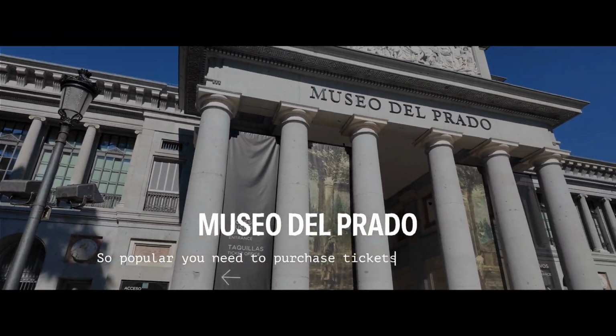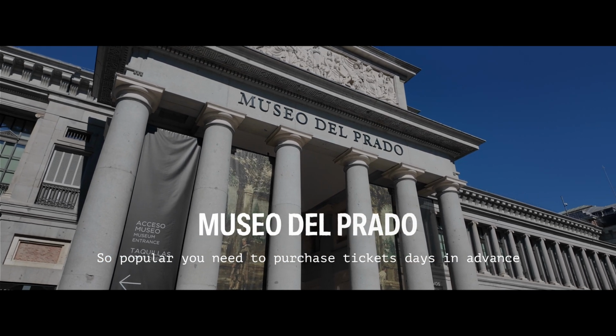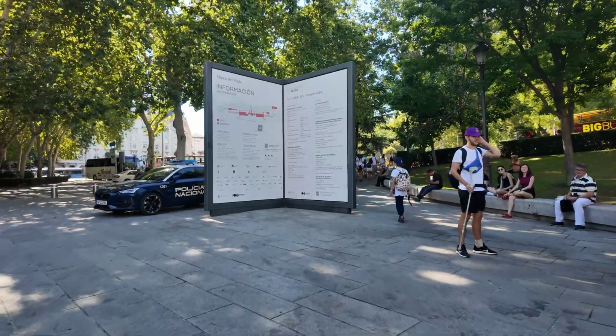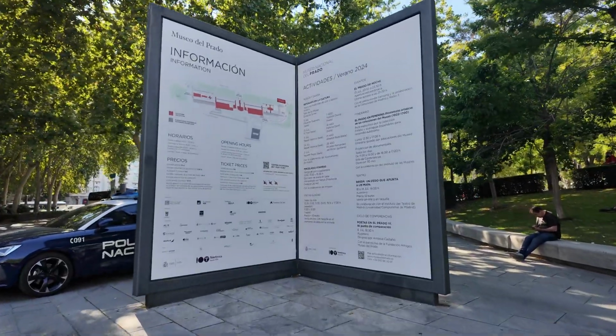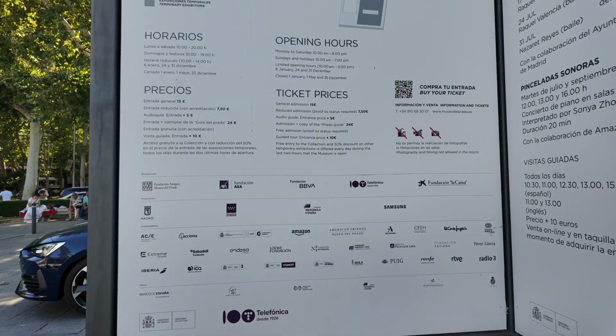So we're in front of the Museo del Prado, which we can't take photography in, we can't take any pictures or video, so we haven't really gone in there. But we're looking at the huge line of people, knowing that it would probably be really hard to get in at this time of day anyway. Well, it's impossible. We tried to get tickets and they're all sold out for several days ahead of us. So unless you're going to do a skip the line tour and work through a tour guide,